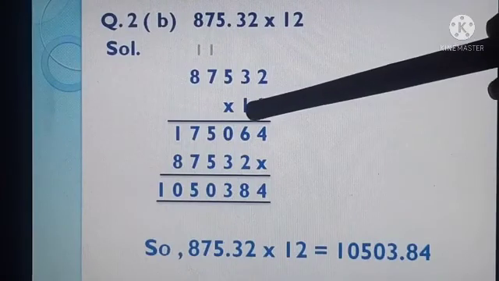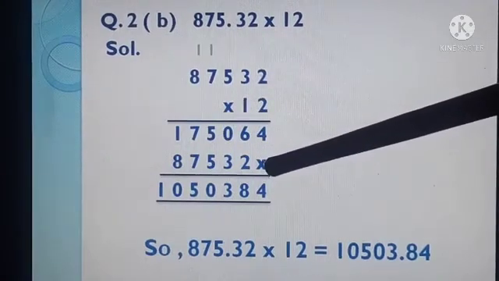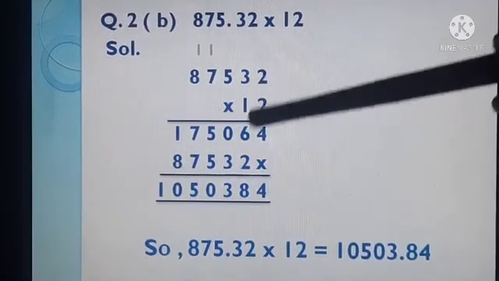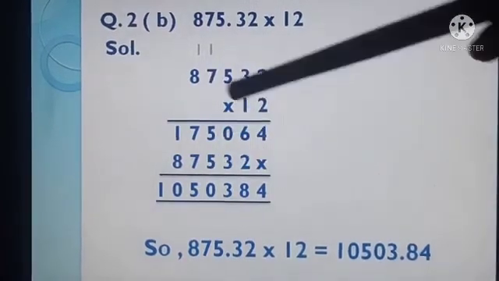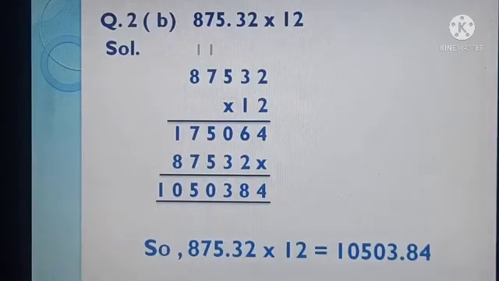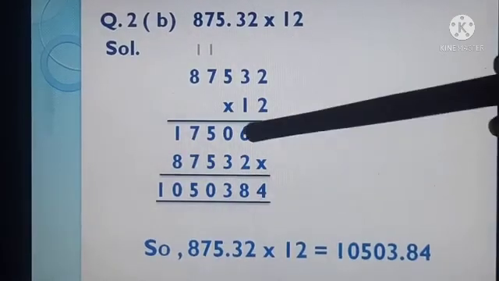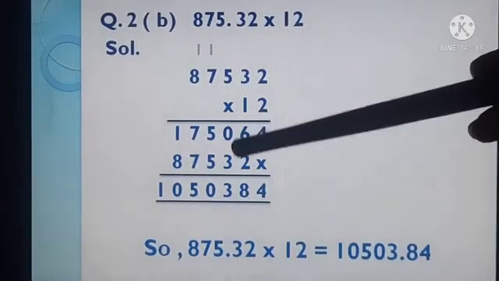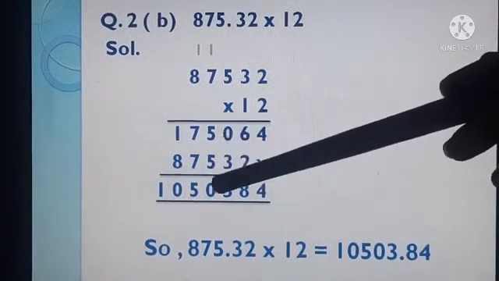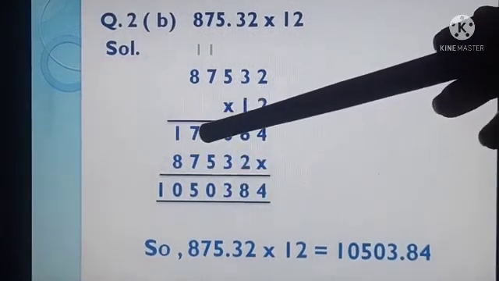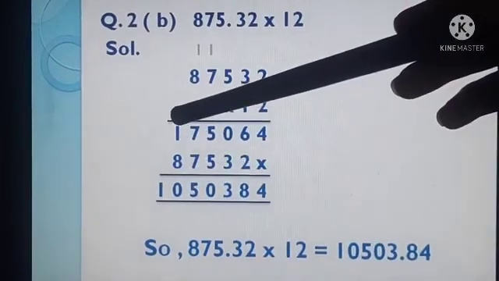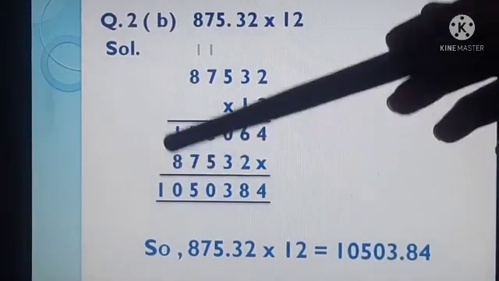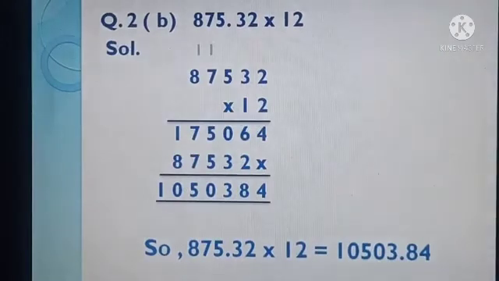Now we will start multiplication with 1. So we will put a multiply sign. 1 2 is 2. 1 3 is 3. 1 5 is 5. 1 7 is 7 and 1 8 is 8. Now add this. 4, 6 plus 2, 8, 0 plus 3, 3, 5 plus 5, 10, 0, 1 carry, 7 plus 7, 14, 14 plus 1, 15, 5, 1 carry, 1 plus 8, 9, 9 plus 1, 10.